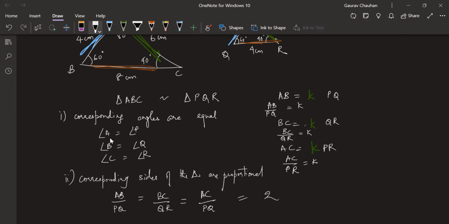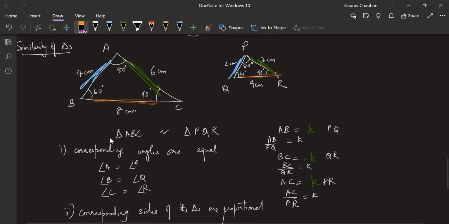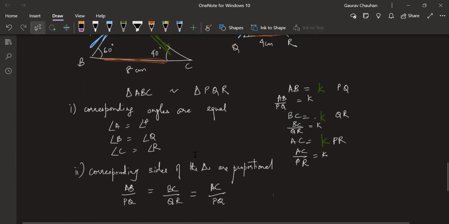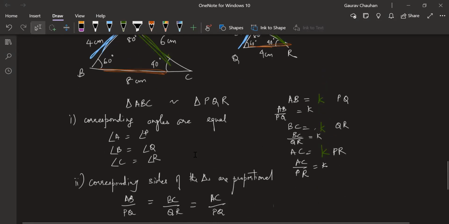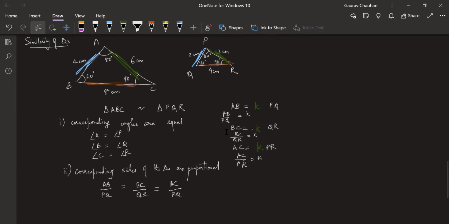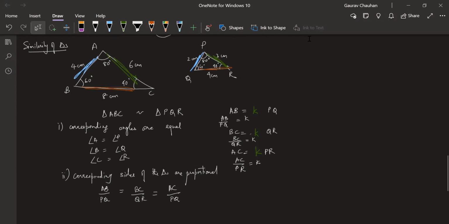And it's going to be some number. In this particular case, we are getting 2, but that's not going to happen all the time. It depends on how much the triangles are scaled up or scaled down, it can vary. But this is the concept of similarity of triangles, and this is something we really need for understanding some basic things about trigonometry. We'll move to that in a bit, but just take some time to absorb this and make notes of this.